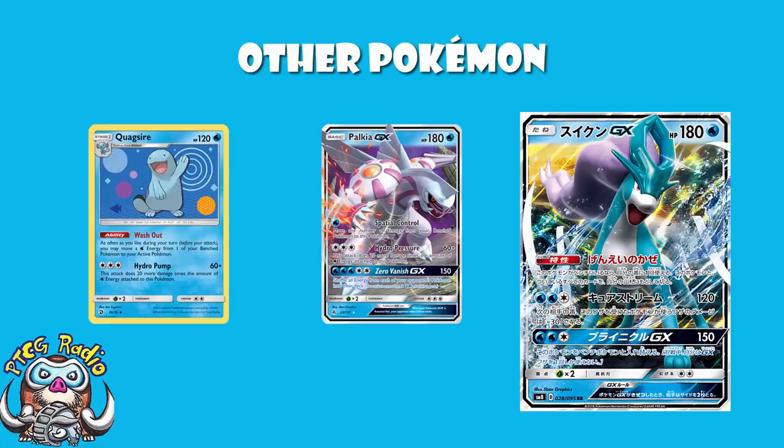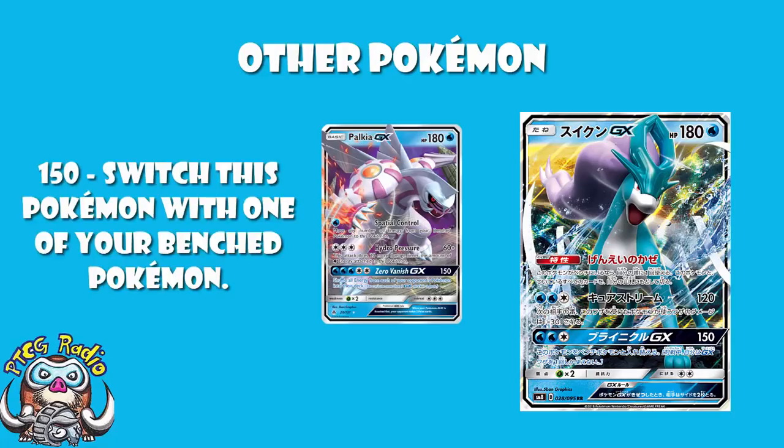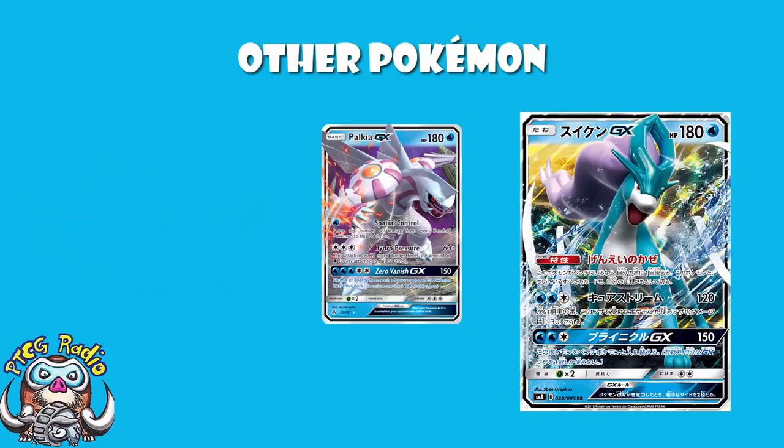But don't sleep on the GX attack here. Honestly, Suicune's GX attack, 150 switch to the bench. I mean, look, maybe it's not really that good. Whereas your GX attack on Palkia here could really, really come in handy. What it does is it does 150 damage, but it makes your opponent take all of the energy attached to all of their Pokemon and shuffle it into their deck. So it's a nice little late game sweeper, though Quagsire will do the same,